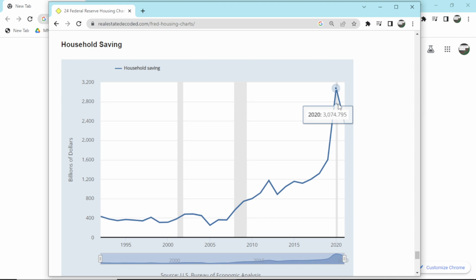And another reason, many businesses were shut down, so consumers didn't have the option to spend money for services and goods. But now we can start to see the consumer dip into their savings, and we're seeing this chart decrease.